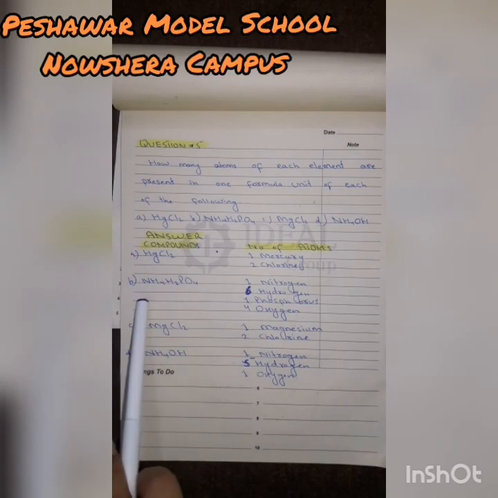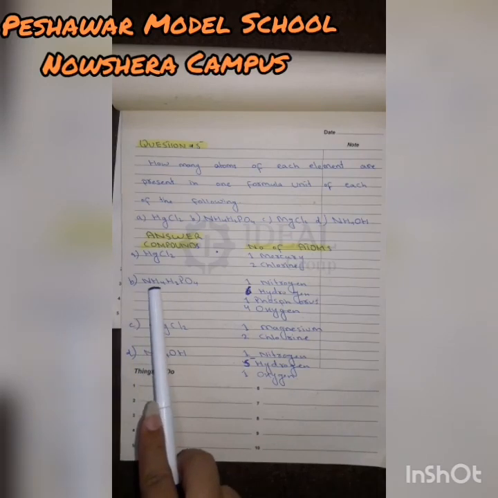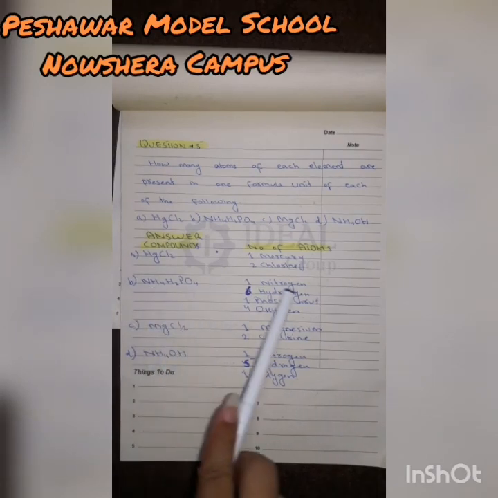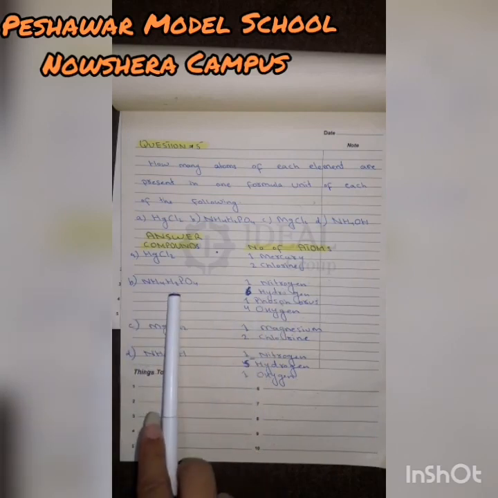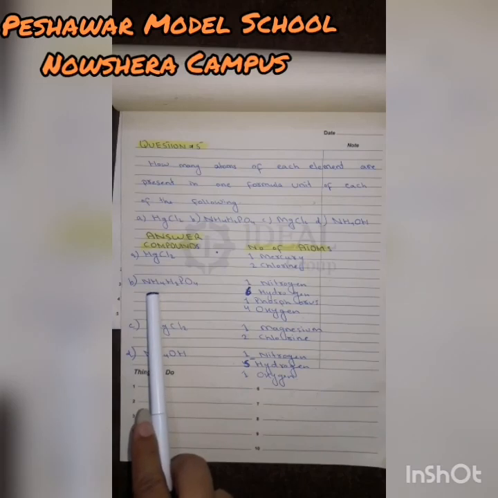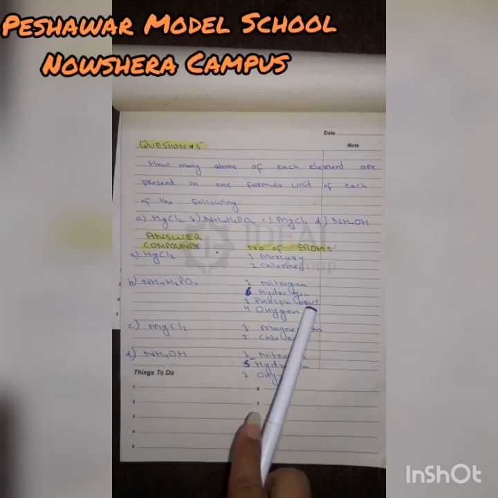Look at number second, which is ammonium dihydrogen phosphate. Number first is nitrogen. There is no subscript with nitrogen. It means that one nitrogen is present in this compound. Now number second and third atoms are of hydrogen. Second hydrogen has 4, and the third one has 2 hydrogen atoms. 4 and 2 means 6. In total we have 6 hydrogen in this compound.